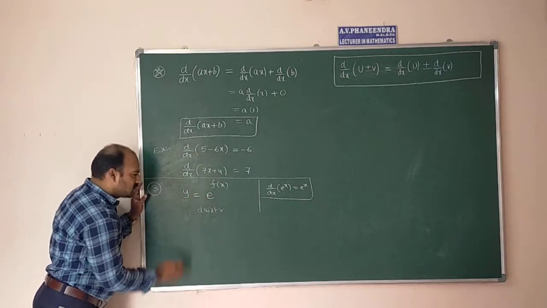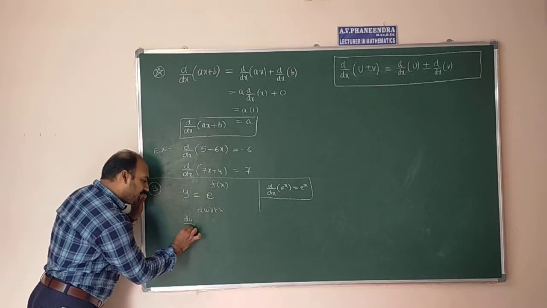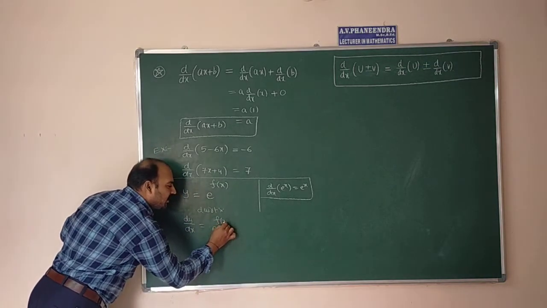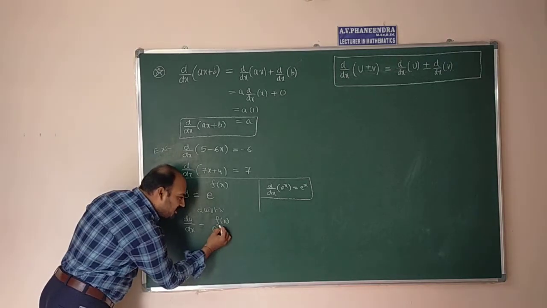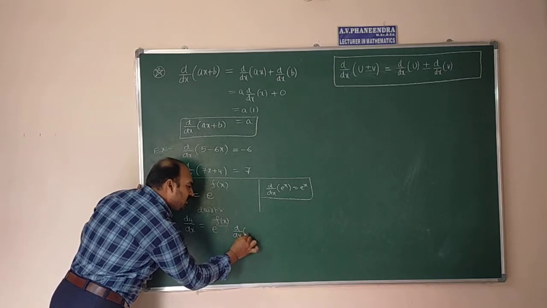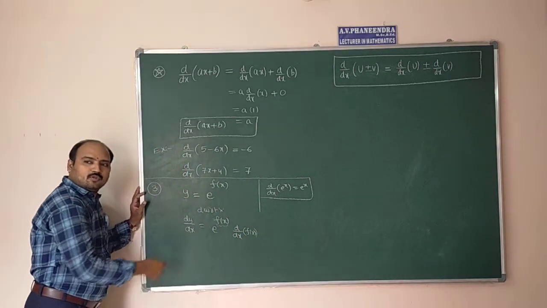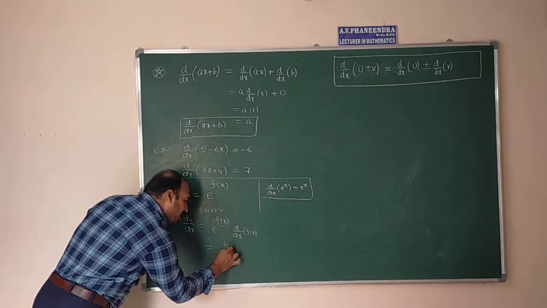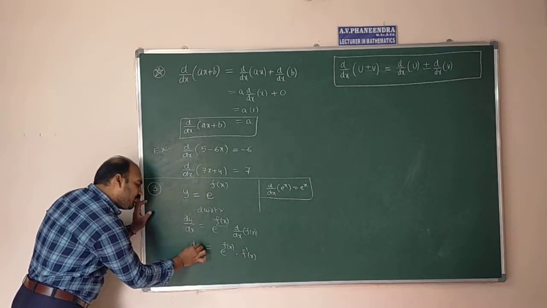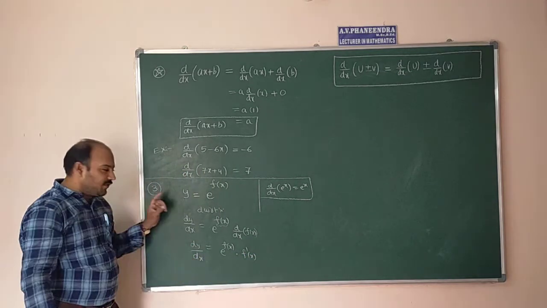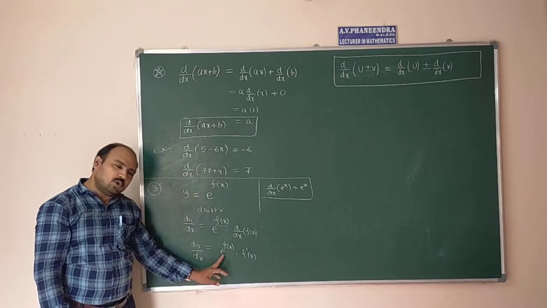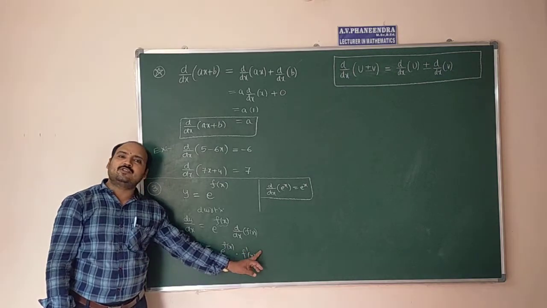Differentiate with respect to x. The derivative is dy by dx, which is equal to d by dx of e power f of x, which is e power f of x. Whatever function is involved in this exponential, we have to differentiate it, d by dx of f of x, which is f dash of x. So when the function is in the form y is equal to e power f of x, the derivative is dy by dx equal to e power f of x into f dash of x.